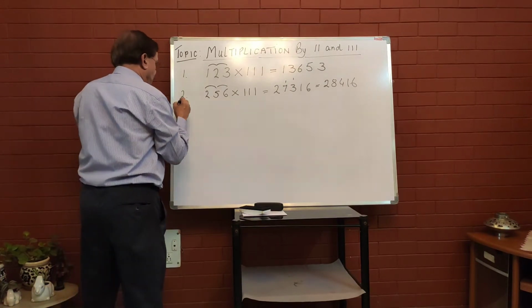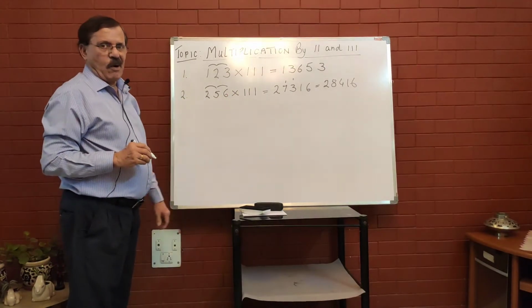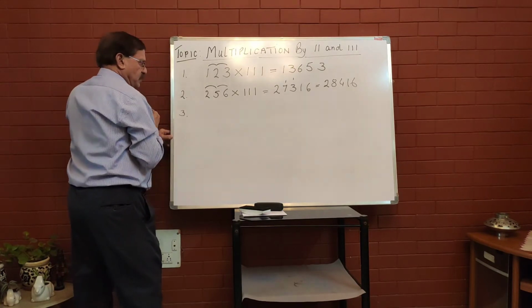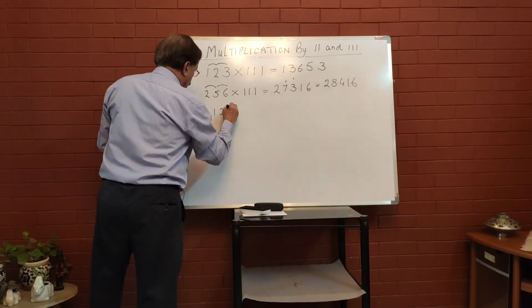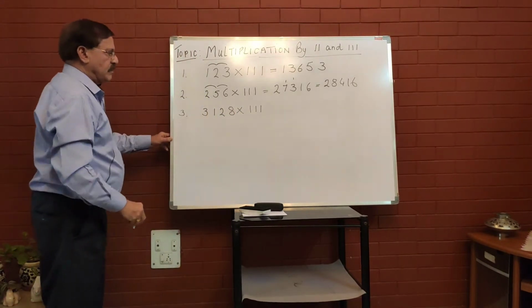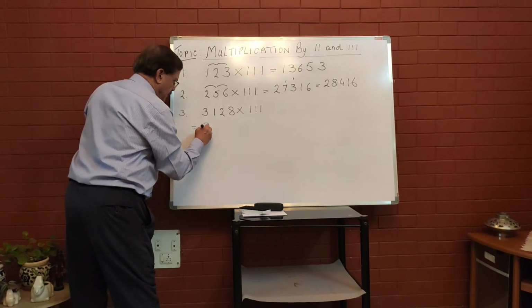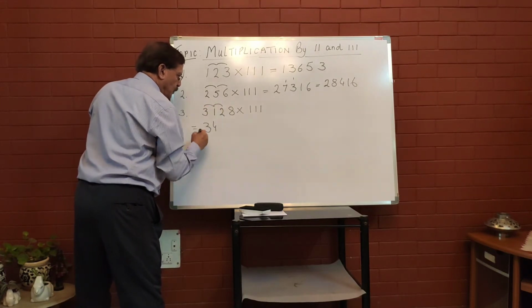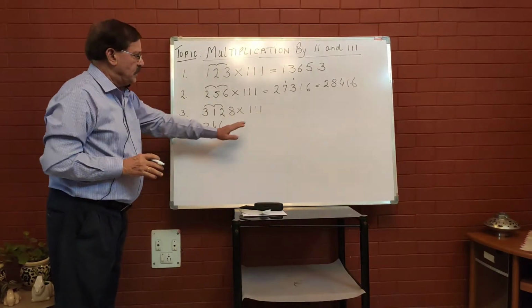Another number. Let us take a 4-digit number. Now you can see over here 3 digits, dividend and the divisor. Alright. Now in the 4-digit numbers, you see the steps which are involved over here. 3, 1, 2, 8. 4 digits. Is equal to, I'm doing it here, 3 as it is, 3 plus 1, 4, 4 plus 2, 6, right? 3 numbers we have taken together because divisor is 3.